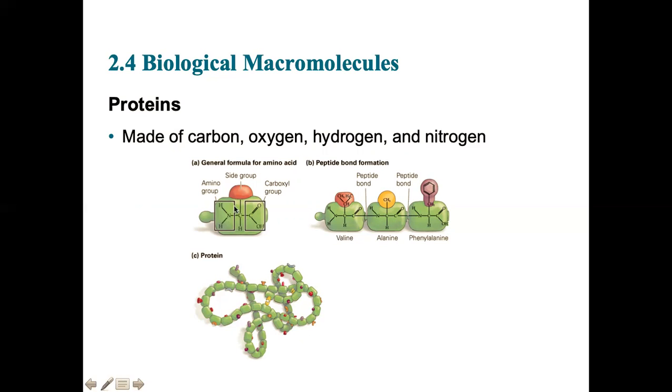So this is a base amino acid. It's called an amino acid because it has an amine group and a carboxyl group that you don't need to know. And then it has what they call a side group here, or a variable group. And that variable group is different for each amino acid. We have like 20 of them. And they all string together with what we call a peptide bond, and you end up with a polypeptide. And if you get a big enough polypeptide, it makes a protein.